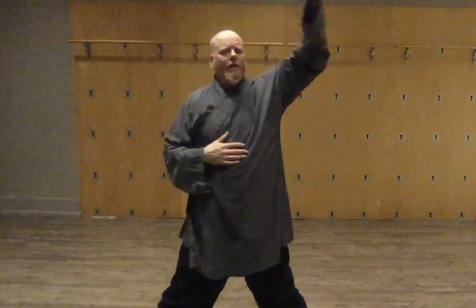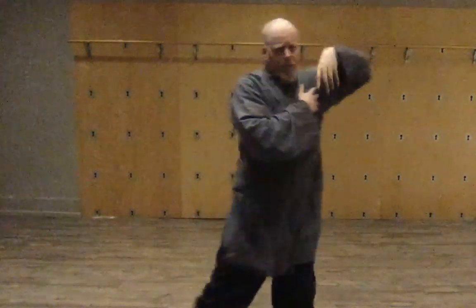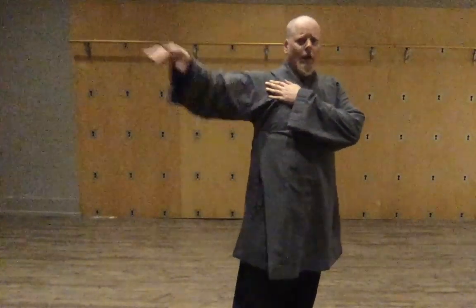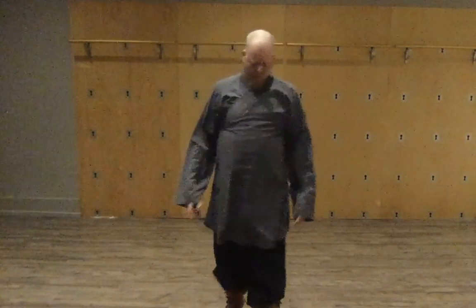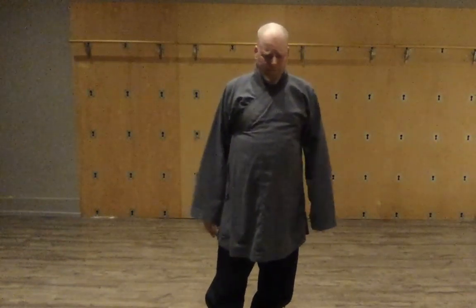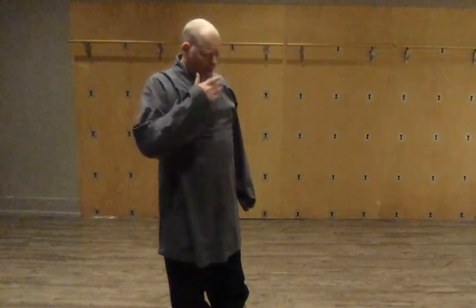Okay. So, yes, there is shoulder involved, but it's more from a mobility standpoint, right? We don't want to be putting a whole lot of force in there. We want to keep the joint nice and open, nice and loose, so that we can move without fear of injury, binding up, so it doesn't become too precarious for us. Okay, so now